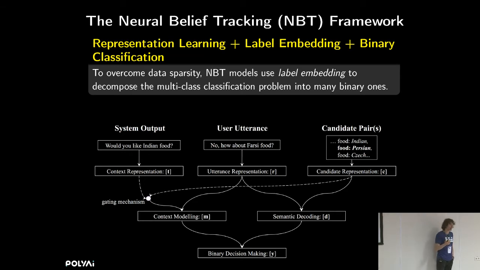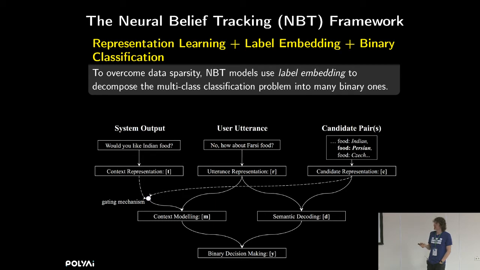Because we'll get to that, but the system can ask, would you like Indian food? And then actually the gist of information is coded in the system act, not in the user act, because then the user can just say yes. And if we have yes out of context, it doesn't mean anything. And that's why we have to keep the previous system act and build context representation from the system act,